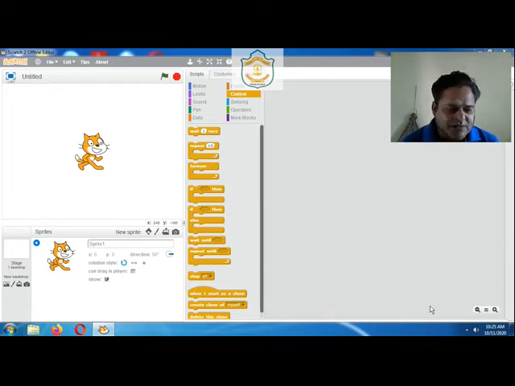All these animations can be done on its inbuilt character called sprite. There are several sprites available in Scratch. Okay, let's start. There are some basic features of Scratch. Scratch is available free of cost. It is easy to understand and learn. It increases students' interest in programming by providing a graphical user interface.